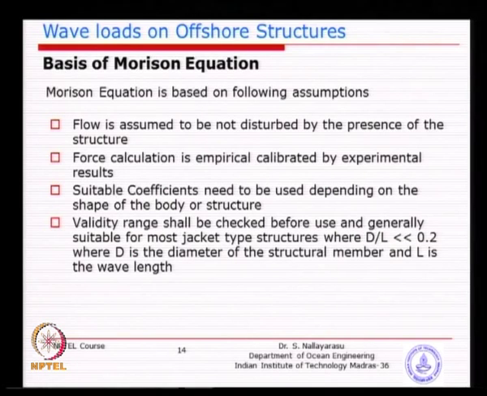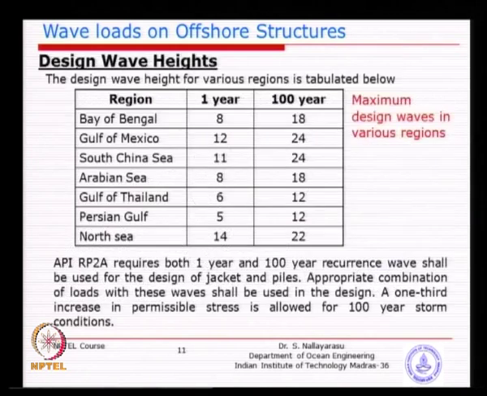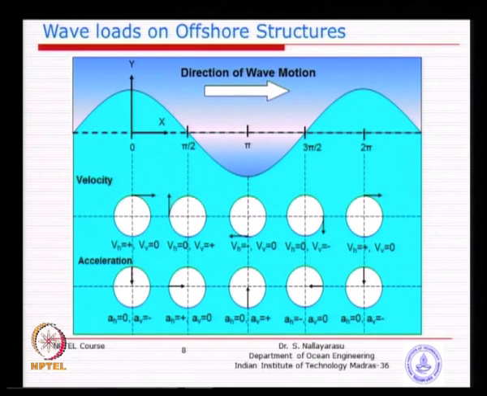So, when is this applicable? When the diameter to the length of the wave ratio is less than 0.2. So, as long as the size of the structure is less than 20% of the wavelength. So, what is a wavelength? We will just go back to this picture. The wavelength is described as either crest to crest or trough to trough. One wavelength can be calculated, which is equivalent to the wave period, successive wave crests passing by. So, wavelength is defined as one length from one crest to the other crest.